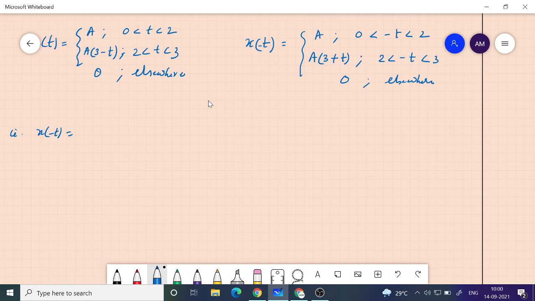Now we need to do some algebraic arrangement to write it in a standard form. The standard form is that we have to specify the range with respect to t, not with respect to minus t. So you have to remove this minus sign from here. What is the way to remove the minus sign? You just need to multiply the entire thing with minus 1. Now whenever you multiply any inequality with minus 1, less than becomes greater than, and greater than becomes less than. If it is less than or equal to, it will become greater than or equal to. So that is a consequence of multiplying with minus 1.